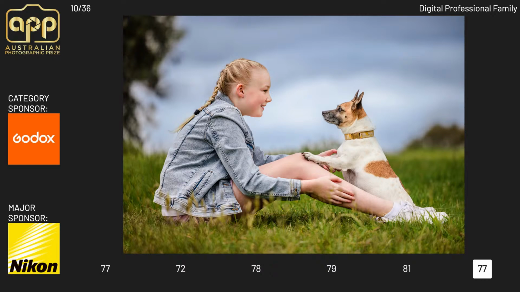All right, thank you, judges. We have a score of 77. And you're all, again, very close there to that average. Kat, could I get a comment from you, please? Yeah, this is very nicely done. Congratulations. It just feels a little bit stilted. To get it up into the next range, a more animated, engaging moment. Yeah, it feels a little bit too forced. All right, thank you. Next image, please.